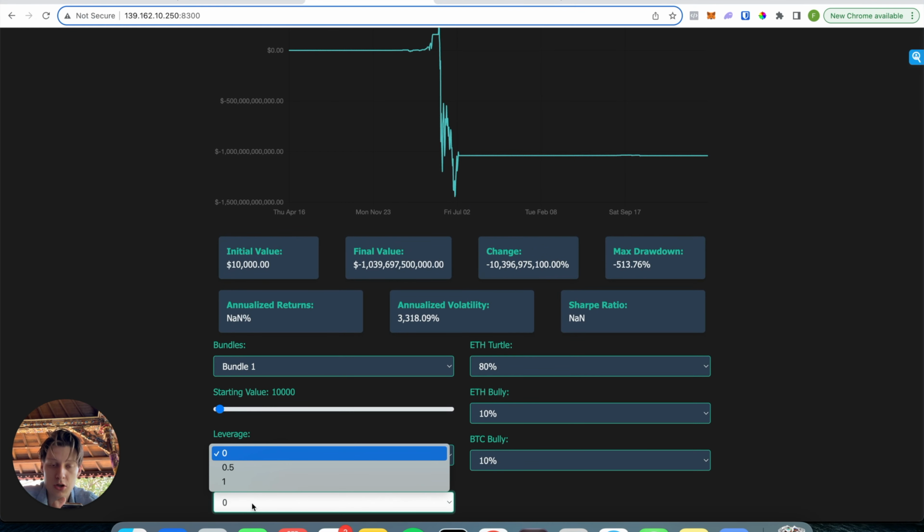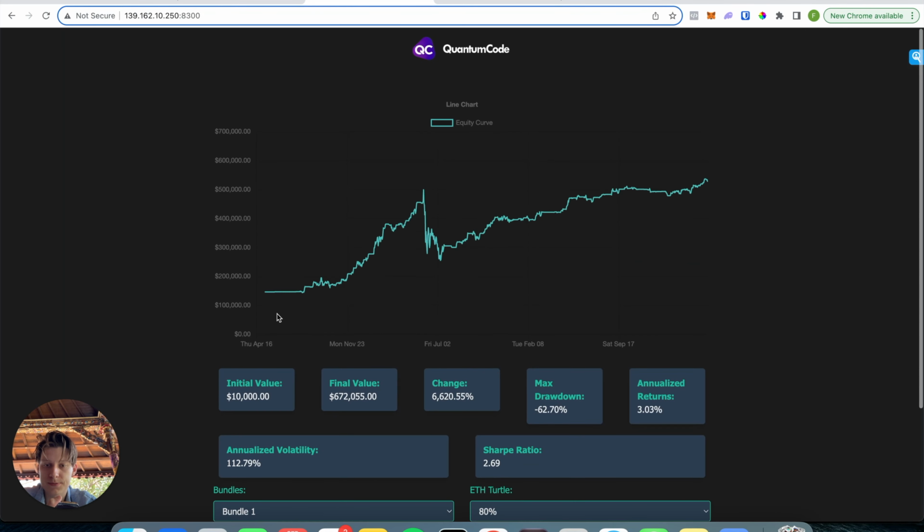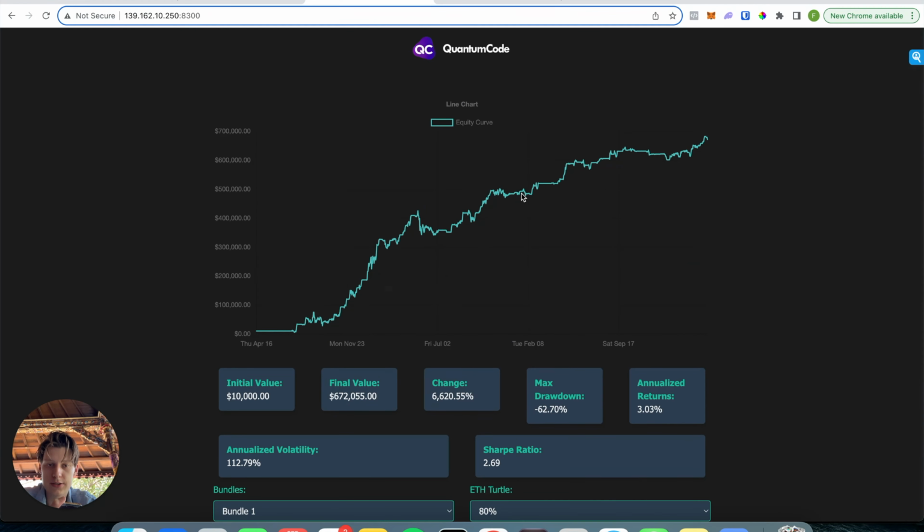However, let's say we take the profits out. Because we're using leverage, we don't want to overexpose ourselves in the market, so we're taking more profits out of the strategy. And if we do that, look at that, the strategy is consistent again. However, it's not a 2,000% strategy, it's a 6,000% strategy. So now from $10,000, we got to $600,000 within the 2 years.